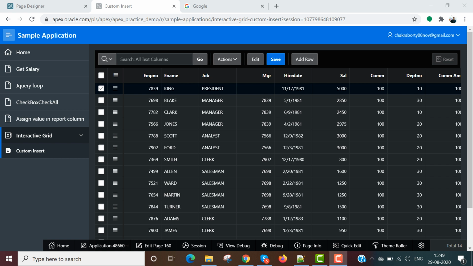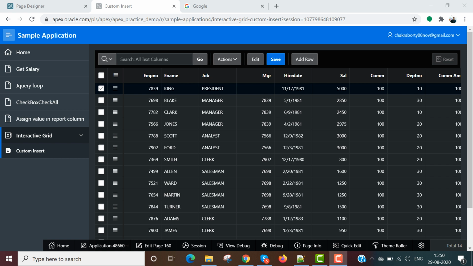When we create an interactive grid, you can see that a default process is created based on that grid. When we are inserting, updating or deleting through that grid screen, then that table is inserted, updated and deleted. That is done by a process Oracle automatically created, and that process is managing everything.